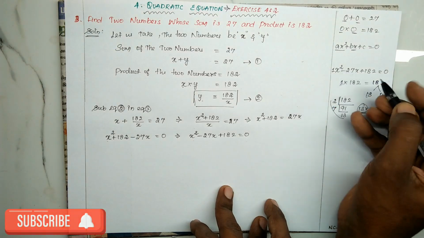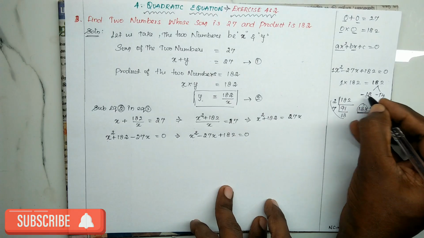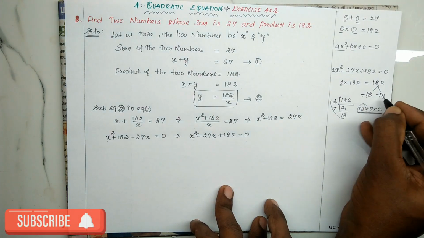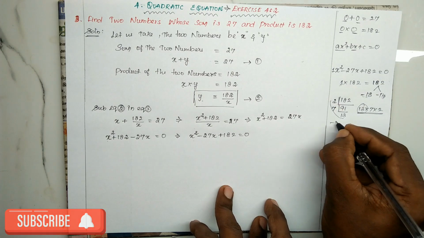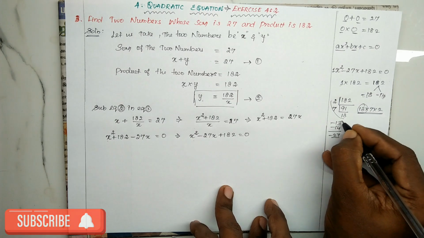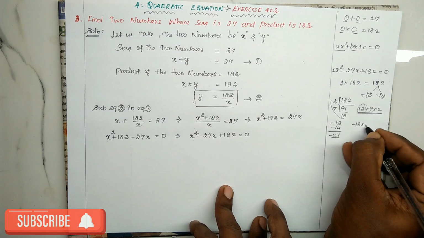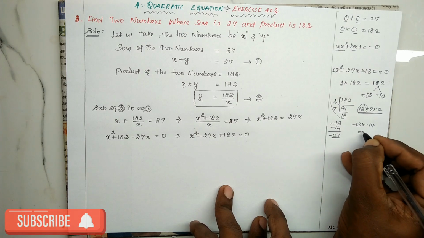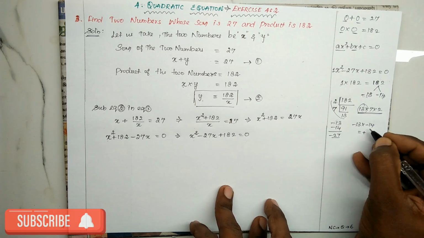But we need to get minus 27. So I'm putting the sign, both of the signs will be minus. So if we add both, we will get minus 27. See, minus 13 minus 14, we will get minus 27. If we multiply minus 13 and minus 14, minus into minus will become plus, and 13 into 14,